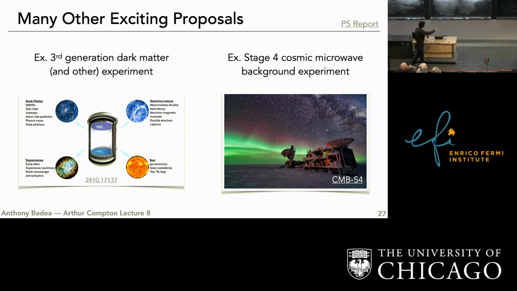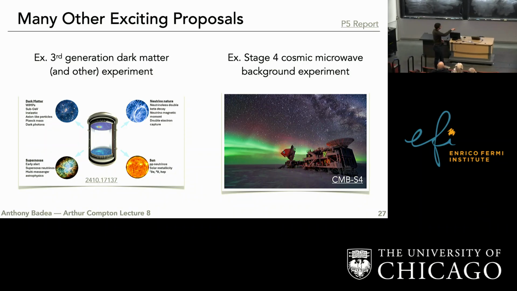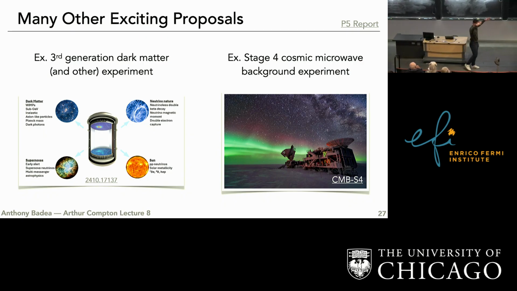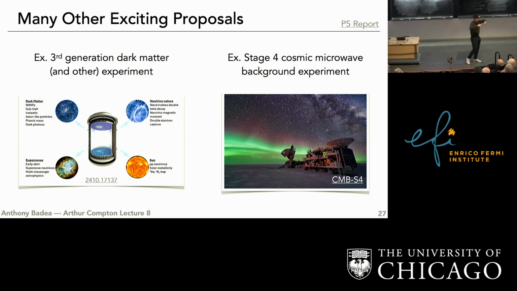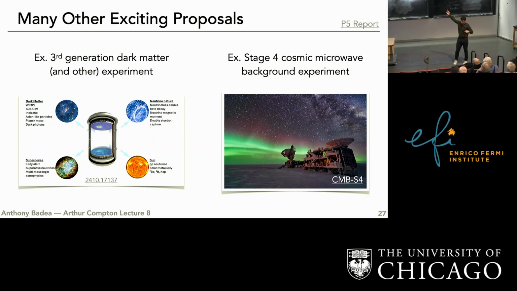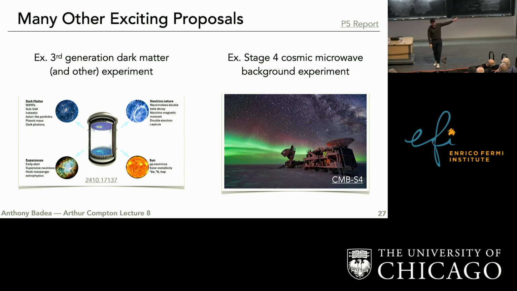And then there's also a proposal to put a new detector at the South Pole to do measurements of the cosmic microwave background. So these are photons coming from the early universe. As they flow towards us and the universe is expanding, their wavelengths are getting longer, and then we can actually measure them here on Earth. This one, I just found out recently that the prototype for this detector is maybe like half a mile from here in a warehouse that people are testing right now.